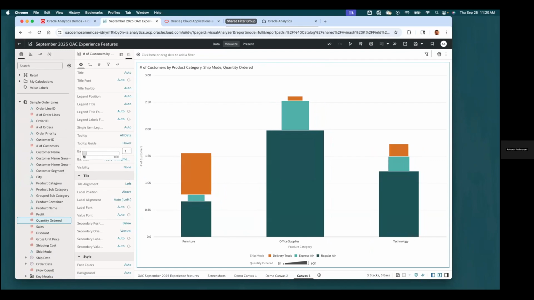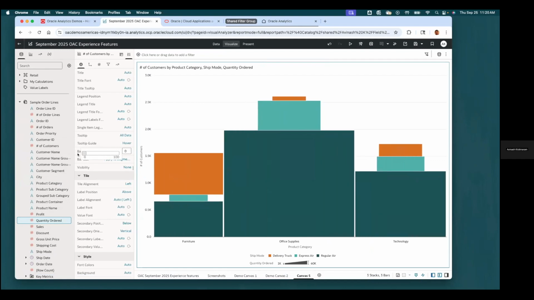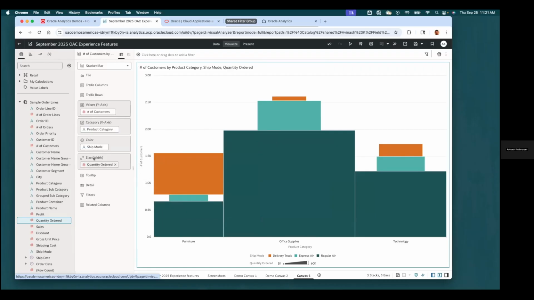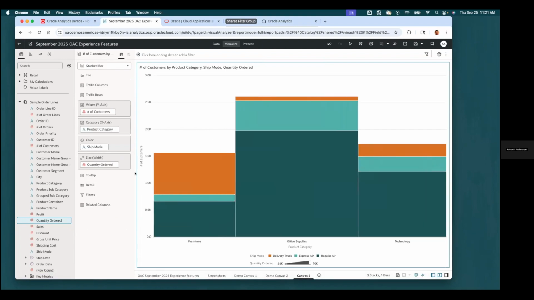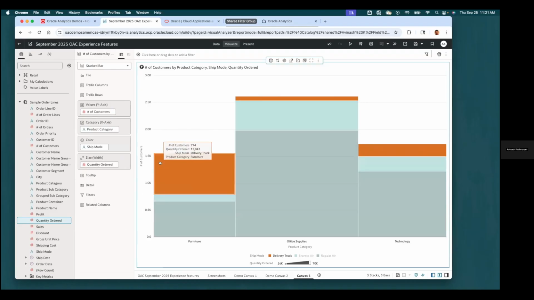So let me put this to 0 to create a Miko chart. This is a useful functionality in itself. So we basically have exposed this property for all bar variants. And then the other property is the bar size, which by default is set to apply to the segment. You can change the bar size from apply to segment to apply to stack from the property panel or from the grammar drop target, right? If you hover over size, this action icon will basically allow you to toggle between apply to segments versus stack.